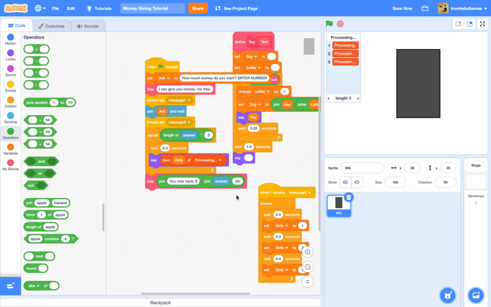Actually, I'm going to add a little compliment after: .00. And then just say space, please come again. So now the ask will just be useless, which is why